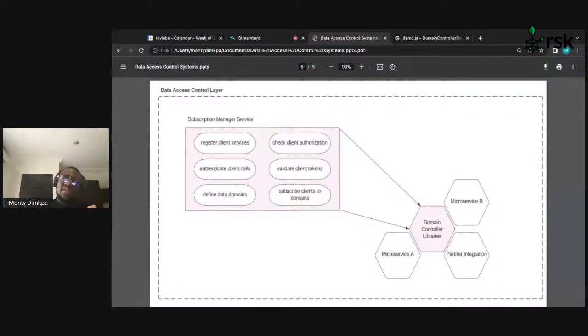In the same way, we can create a library, like a domain controller library, that gives you an abstraction around the subscription microservice, so that you don't have to start implementing your own code to handle that. So there's a consistent way that all the microservices in our ecosystem can talk to the same centralized service. So we create a library around that to abstract that, which is what we're doing